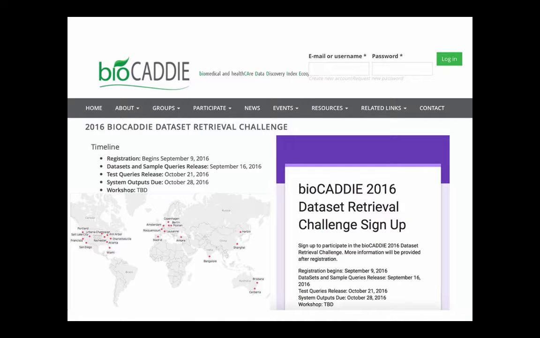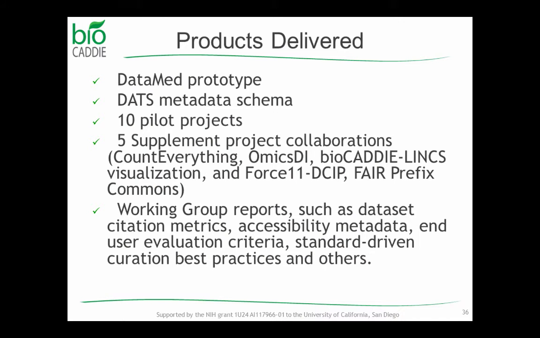And more recently, we had the Dataset Retrieval Challenge, which had some winners that we'll be presenting today, and we want to incorporate some of those results and algorithms into the prototype on DataMed. So in summary, we delivered the products DataMed, the DATS metadata schema, 10 pilot projects were funded, 5 supplement projects,